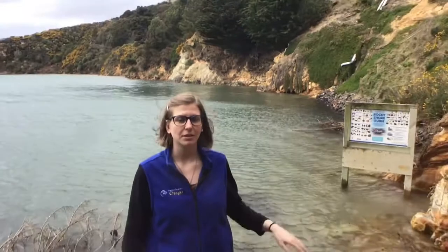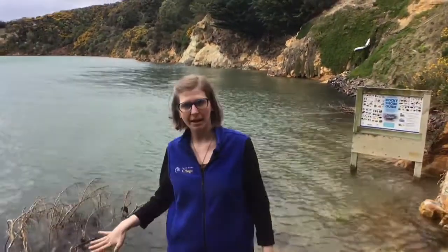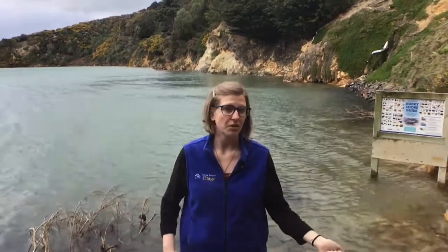Why this tide is so high right now is because we're at a spring tide. So the sun and moon are working together. We're going to have a really high tide and a low tide. If it was a neap tide, if you've ever heard that term, that's when